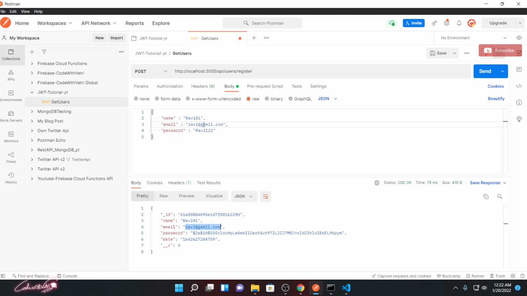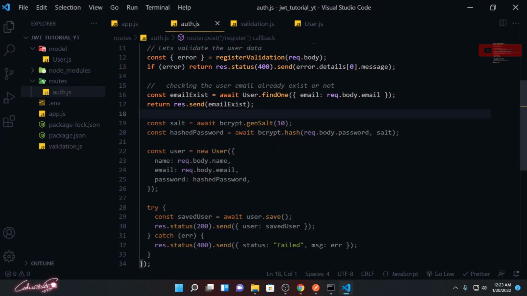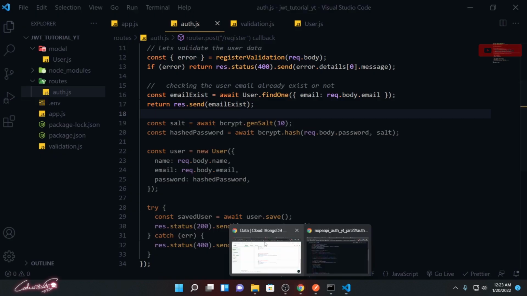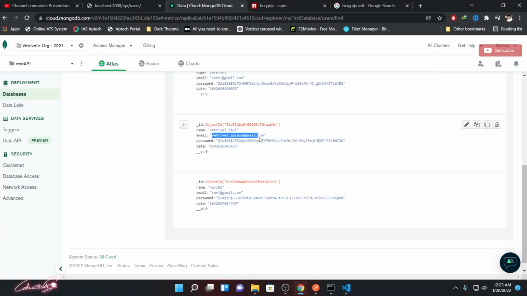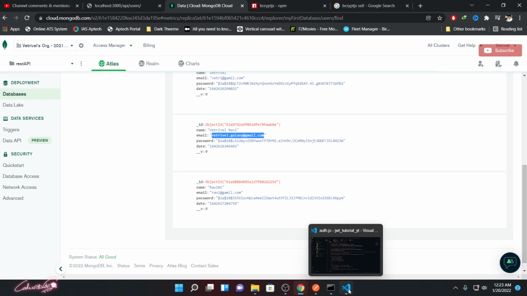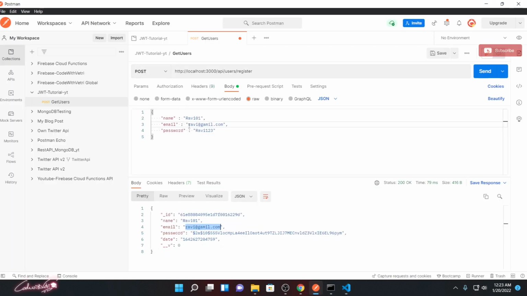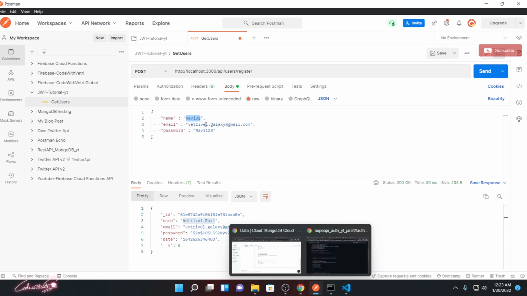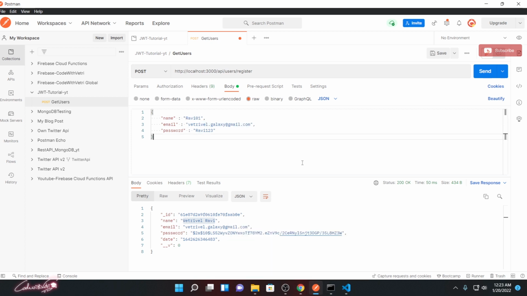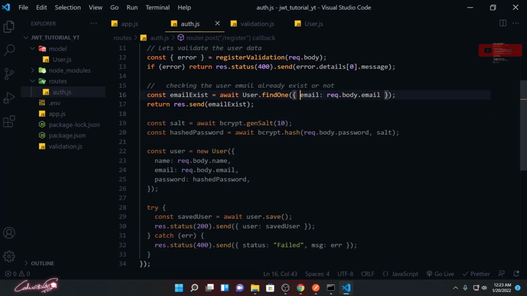Okay, so if I send a different email now, instead of this email, if I send this particular email, it will return this particular detail. Look, I'll just change this email over here. If I send it, we can see that it's getting that value. It's not the same value as the name, it's fetching that particular detail using this email. So we are getting back that response. That means if that email is already there, it returns that particular detail completely.